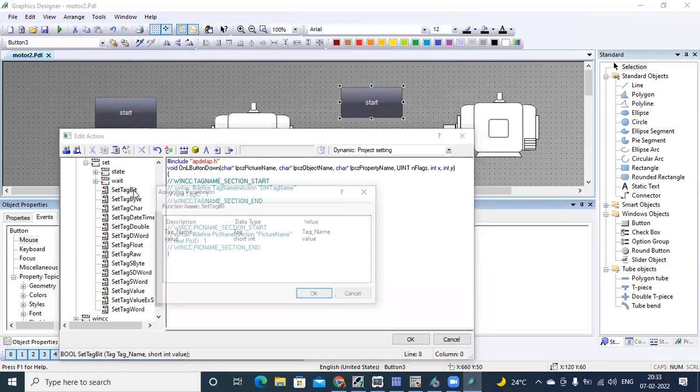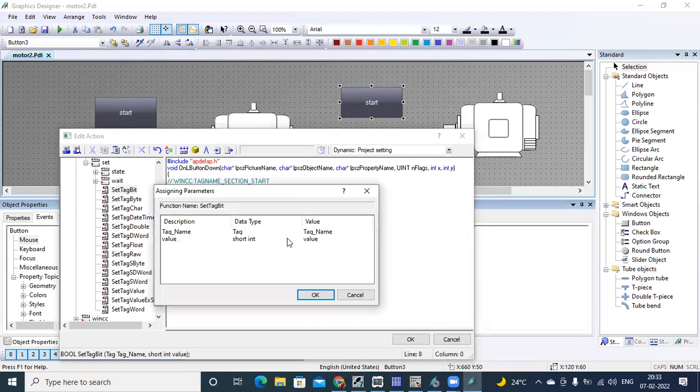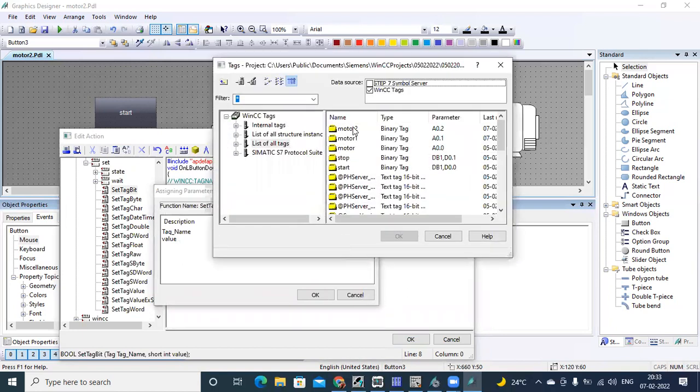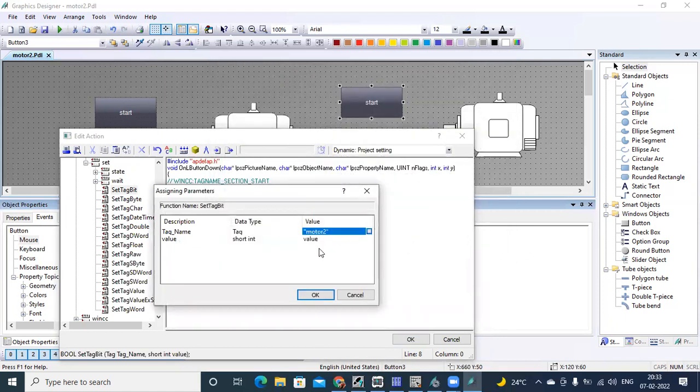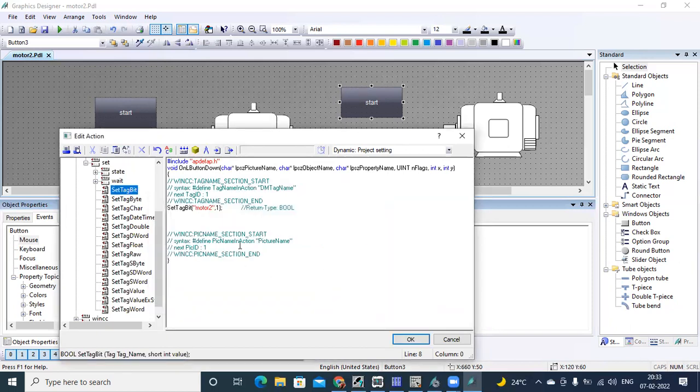Double click on set tag bit. Here you can see under value, tag name, browse, tag selection. Select the tag we have created, motor 2. And what value do you have to set here? Value 1 means when you press the start button, it should set value 1 in motor. Say okay. You can see it is automatically taking this